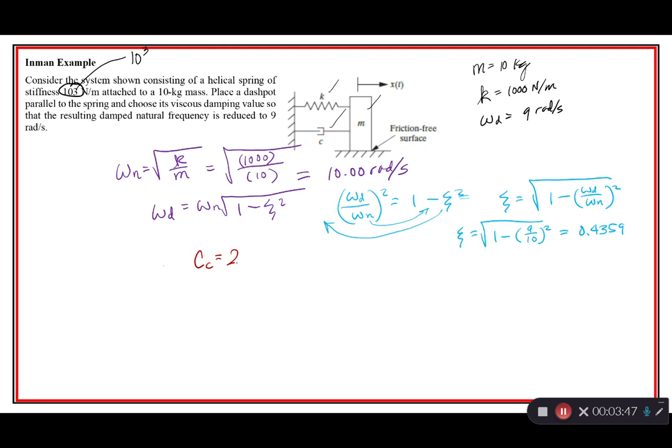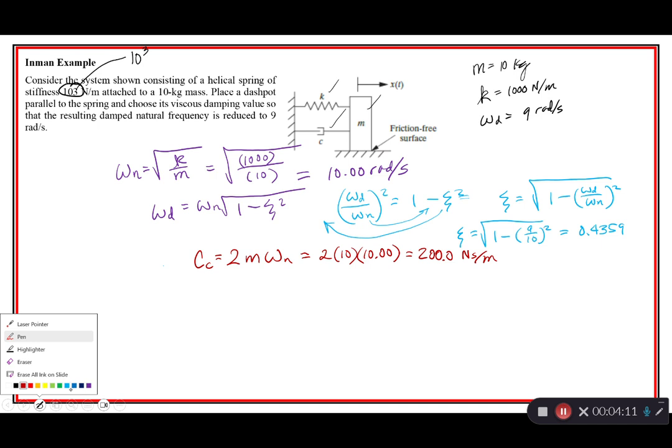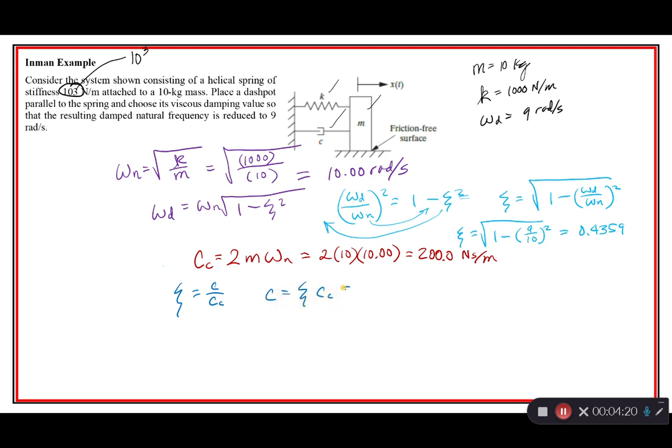Cc equals 2m omega n. That's going to be the critical damping coefficient, 2 times our 10 kilograms times the 10 radians per second that we have, and we know that that comes to 200.0, and these are newton seconds per meter. So what we're left with is squiggle is equal to C over Cc. Therefore, C is equal to squiggle times Cc, or